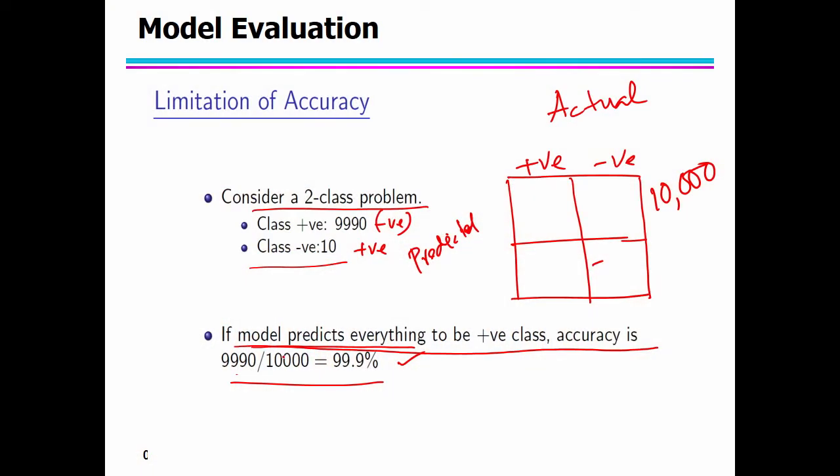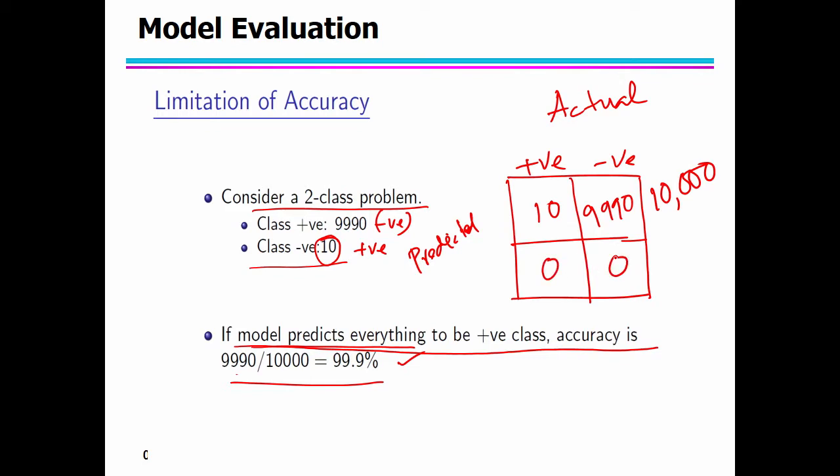I say the model predicts everything to be positive class. So, row wise the total should be 10,000. Okay. So out of 10,000 how many are actually positive? How many actually positive? 10, because I changed the class label. So 10 will appear here and then 9900 will appear as a false positive, and this will be 0, and obviously no need to mention it, this will be 0.